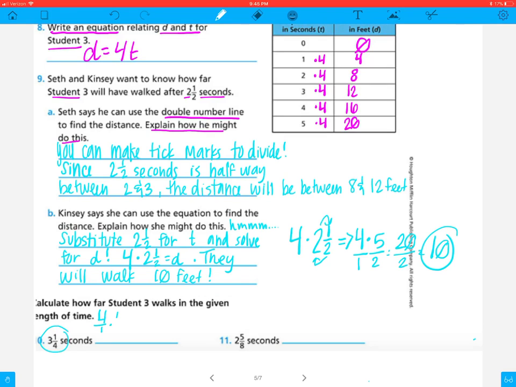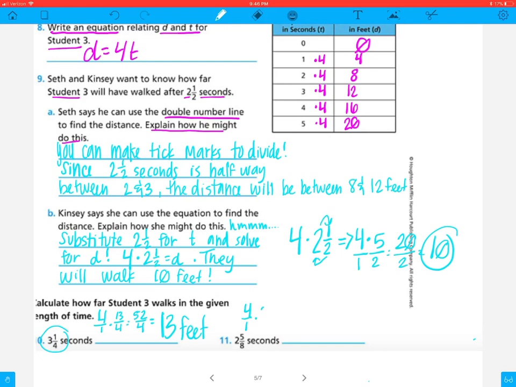4 over 1 multiplied by 3 1/4, which is 13 over 4. I solve straight across and I will get an answer of 52 over 4, and I can simplify that. How about you try number 11 and then let's come back and meet as a class. Number 10 is 13 feet, and number 11 I will set up the same way with 4 over 1 multiplied